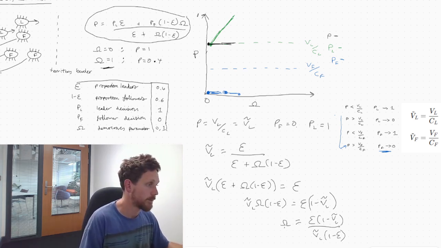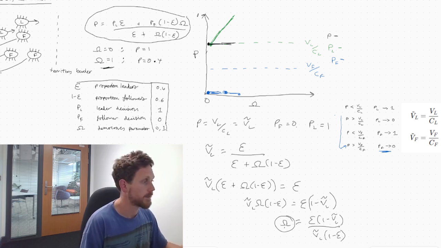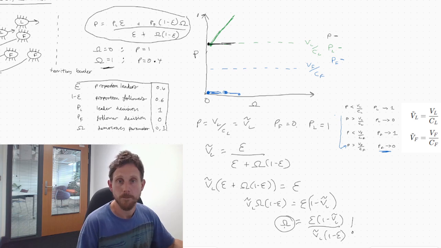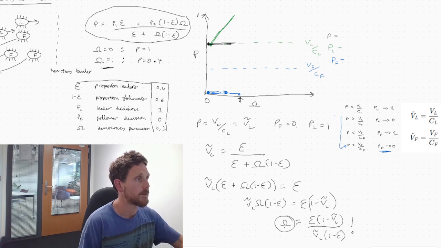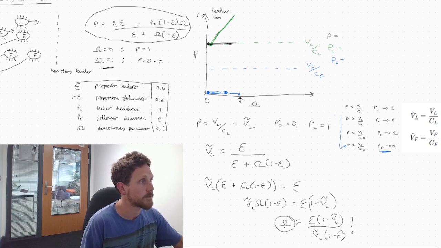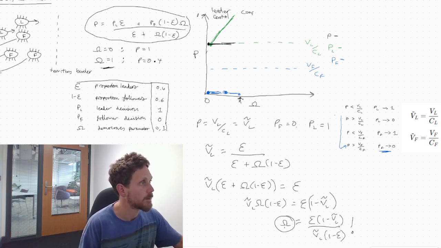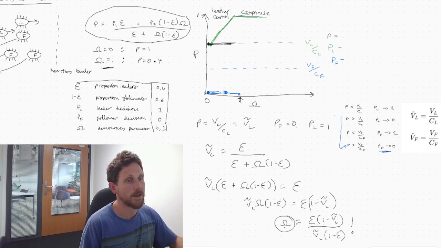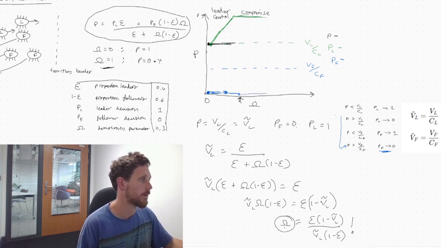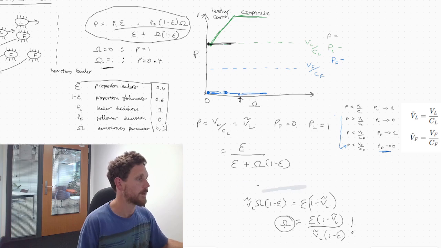So when democracy is equal to this value, then we end what we call the leader control phase, and we enter into a phase we call compromise. In this compromise phase, leaders and followers play obligate hawk and dove respectively, and P takes the value